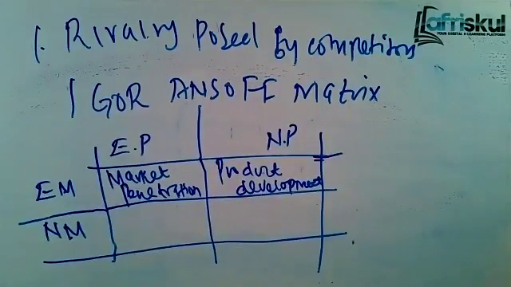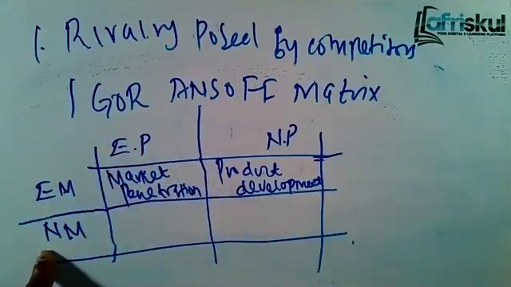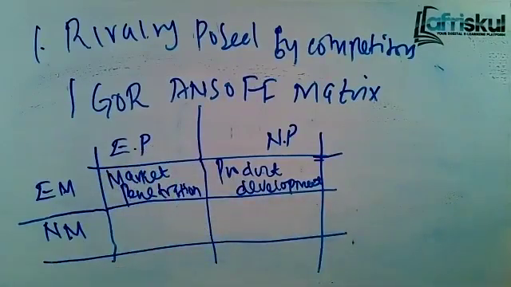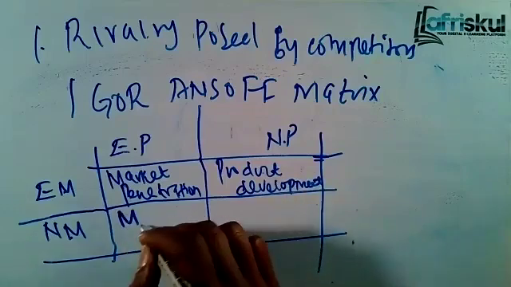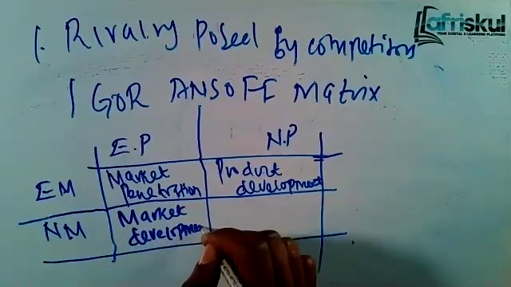Then we can also have an existing product in a new market. So meaning our products are only, for instance, in our case, we were only training in Nairobi. Now we are training even in Rwanda. We have students in Rwanda, we have students in Western, we have students across the country. So we took CPA classes to new markets through online classes. That one is market development. We are developing new markets.